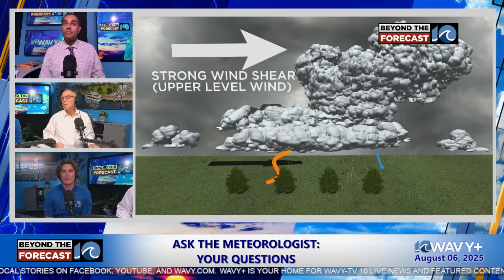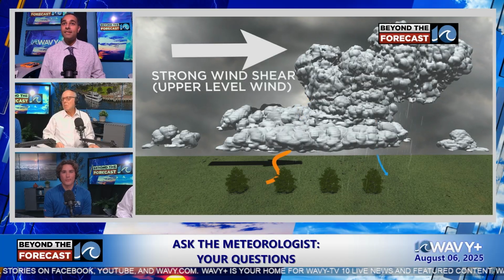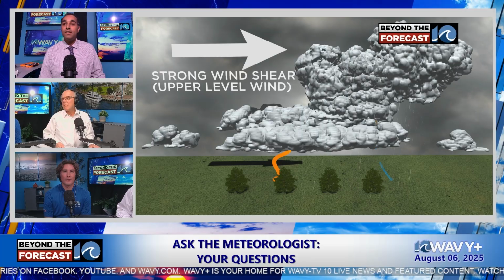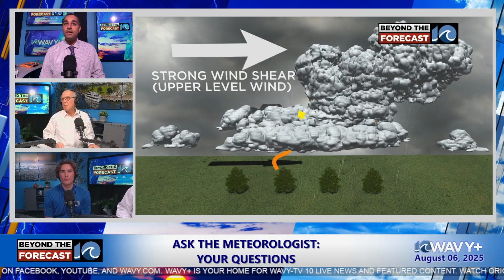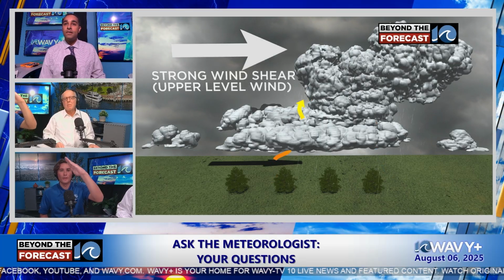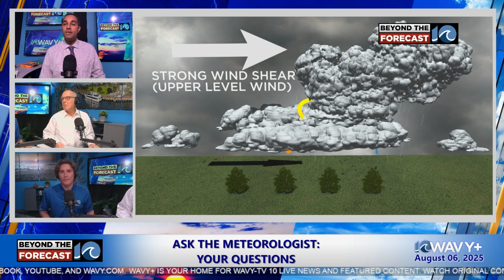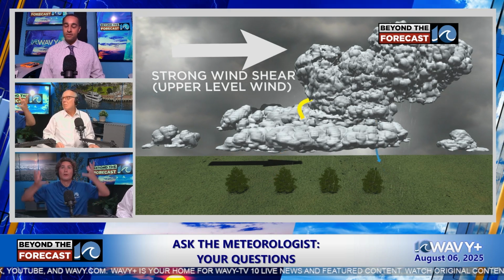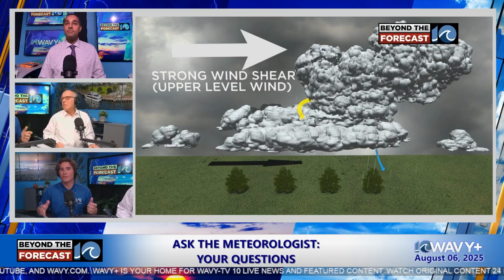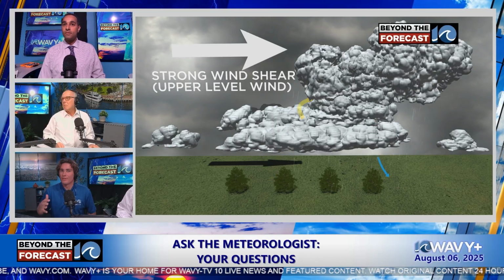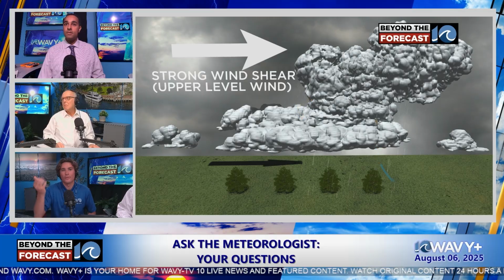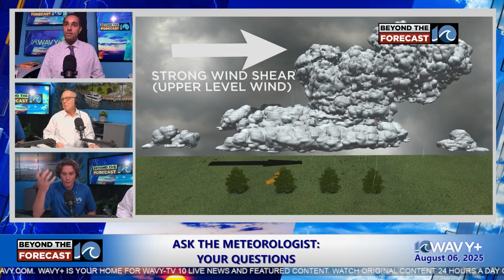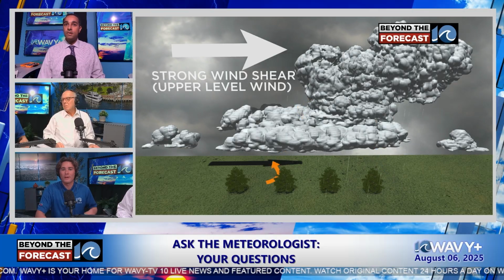But you can test this for yourself. Go outside when it's real hot and soupy out and thunderstorms are coming in the afternoon, and you can watch the clouds and tell, hey, there must be some wind shear out there because the clouds are tilted as they go up. If you see a cumulonimbus cloud that's really tall and really vertical, those are typically your really slow moving thunderstorms. Not a lot of shear moving that storm around. Those are the storms that are probably dumping rain over one area for a prolonged period of time.